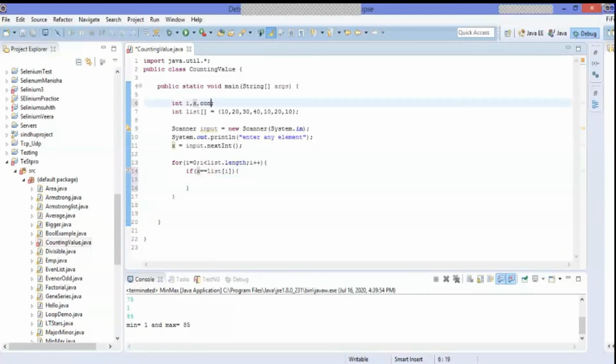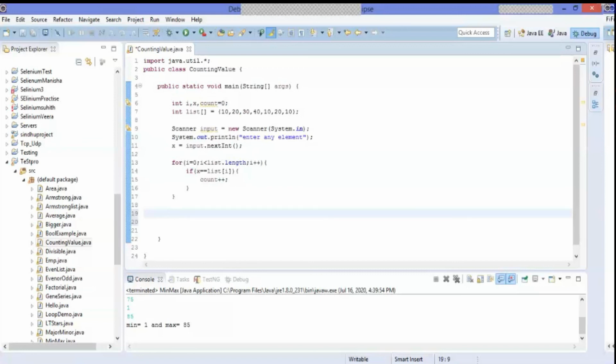For that, I define a count variable, initialized with 0, and increment count plus plus. It compares value by value, starting from 0 and ending at size minus 1. That's the reason we call it linear search. Linear means one by one, step by step comparison.